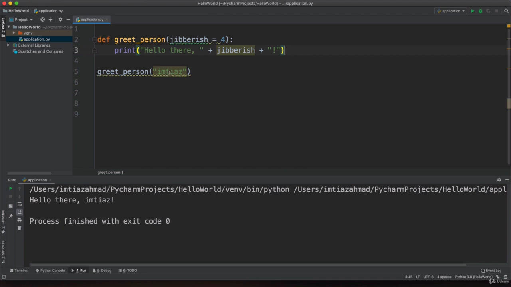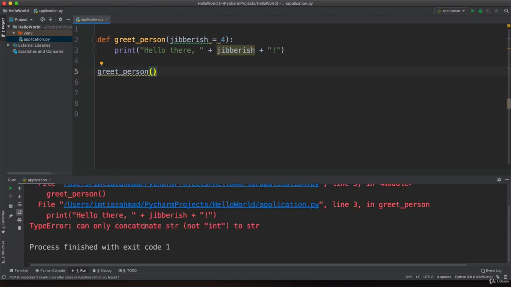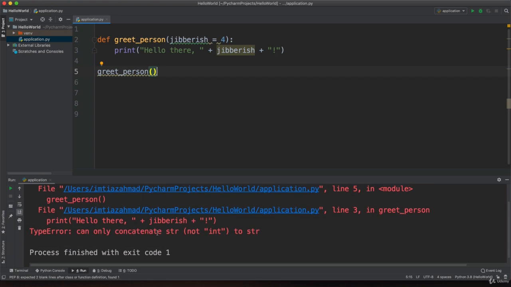There was no problem. But the minute I get rid of this and leave it empty, now the default value is going to take over. And so what's going to happen when we try to concatenate a string with an integer like this, it's going to throw an error. Let's hit run, and boom, there you go. Notice it says type error. Can only concatenate string, not int. Okay? So what we would have to do is, of course, turn this into a string by wrapping it with